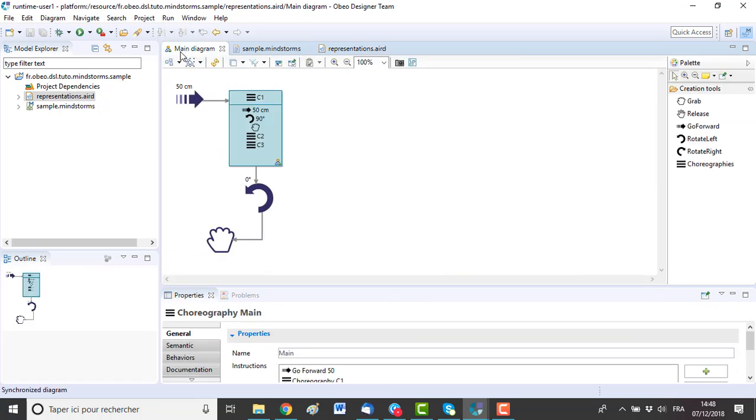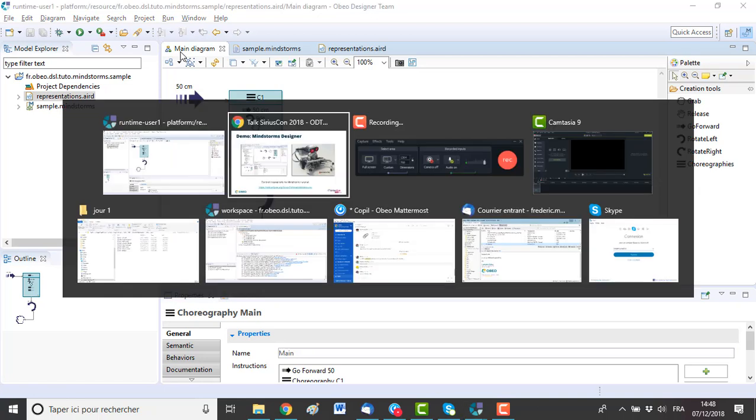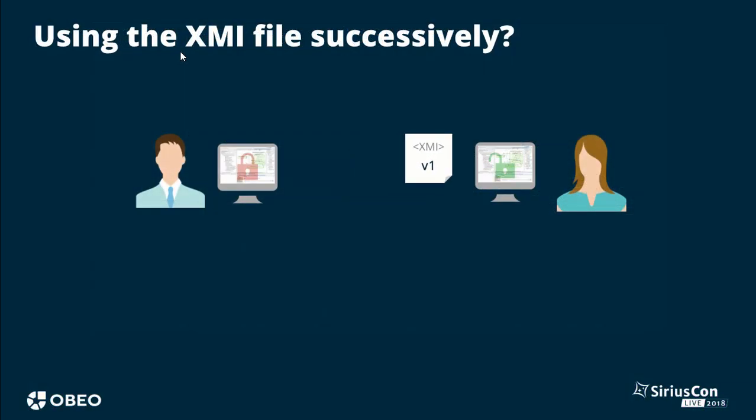So now, if several users want to work on this model, the basic strategy is to take turns, so that only one user is working on the model at the same time. So each user takes the model, and then the other user has to wait for the first user to finish his modifications.